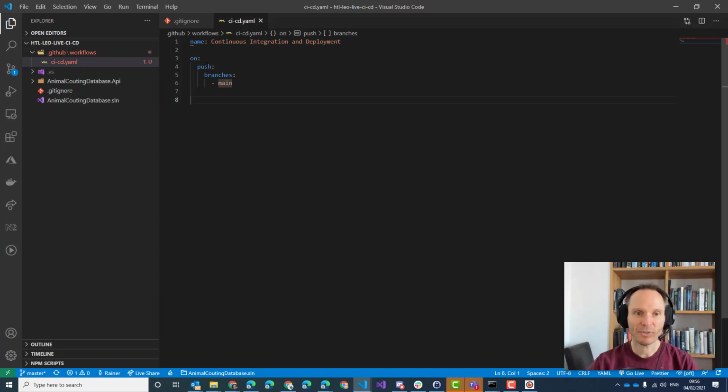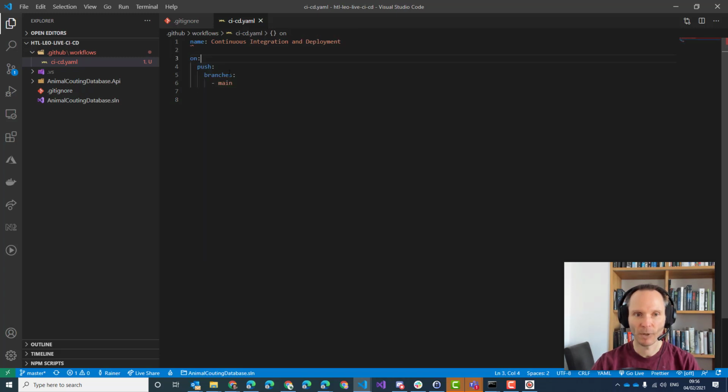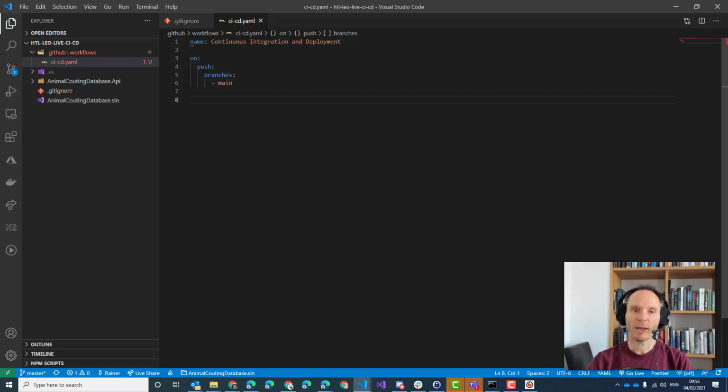Please take a look at the documentation. Here you see the link to the documentation. Or here, branches, here you see the link to various cheat sheets, or read the documentation. There are many options that you have here. You can include branches, exclude branches, you can include directories, exclude directories, you can use wildcards, and many other things